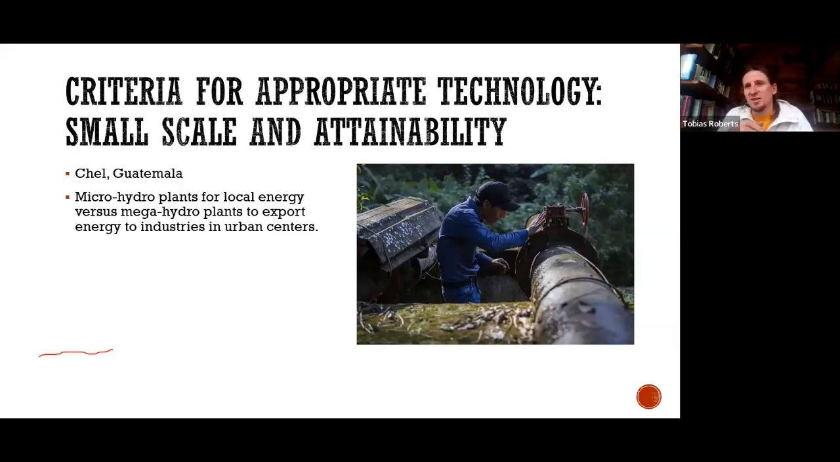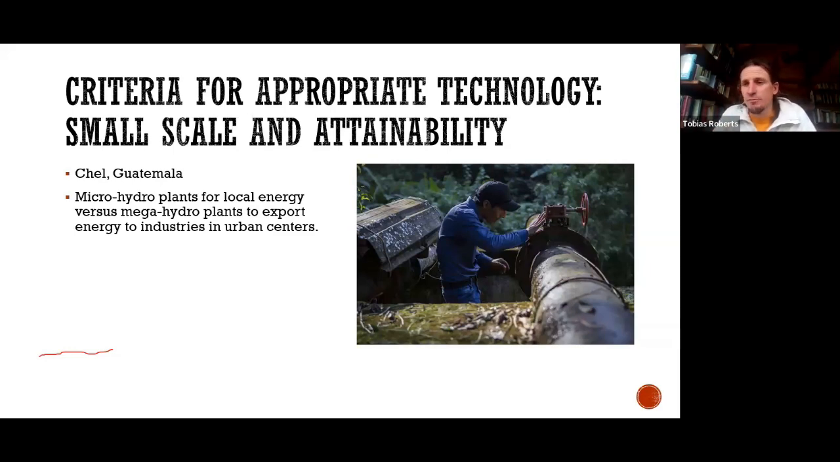And so essentially the government came in together with these multinational corporations and started to try and expropriate the resources of these beautiful, pristine rivers to develop mega hydroelectric dams. And the idea would be that they were going to transfer this electricity into urban centers to support industry, to support urban populations, et cetera. This local community, Chel,